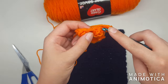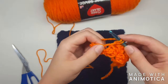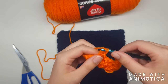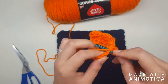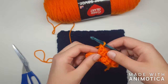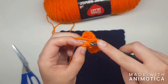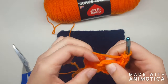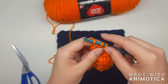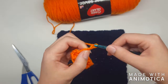or to do. Skip 2, single crochet, and 2 double crochets. Okay, in the last stitch in the row, we are going to just do, skip 2. Okay. I'm going to put our single crochet in here. Then we're going to chain 2, turn our work,